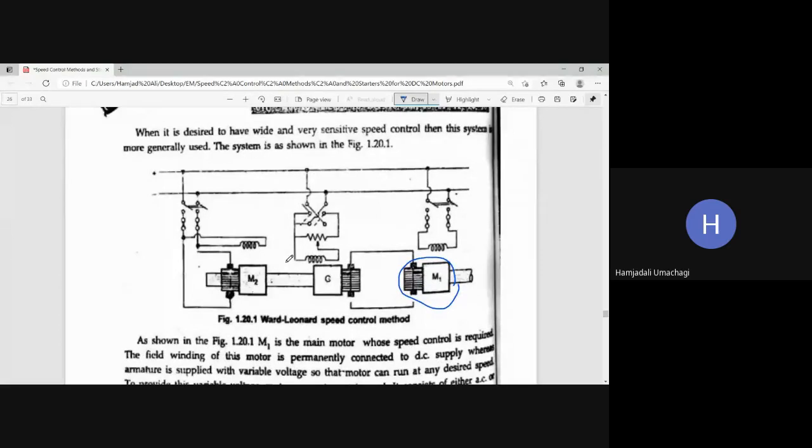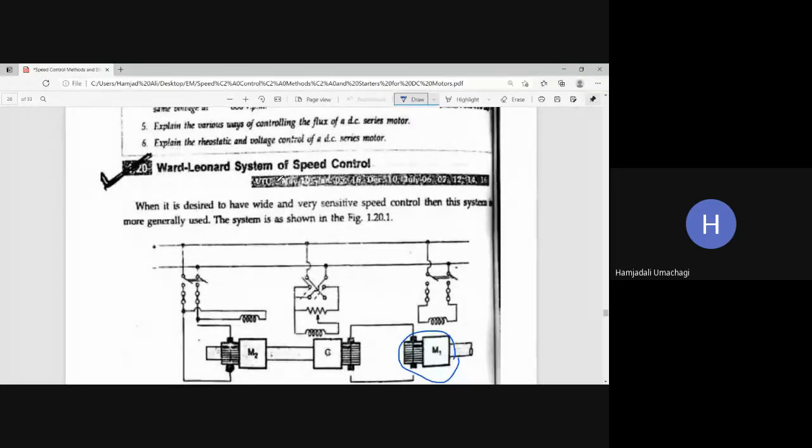So in present days, in order to get the variable voltage from the generator, this is completely replaced by the SCR, that is the silicon controlled rectifier, which is a semiconductor power electronic device. It is going to give us the variable voltage, and that variable voltage we feed to the motor armature. Depending upon the variable voltage we get from the SCR, the motor speed will change. That method is very economical in comparison with the motor generator. So this is all about the Ward-Leonard system of speed control.